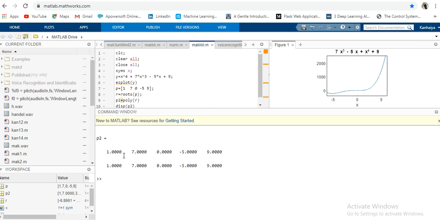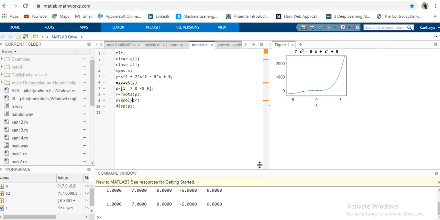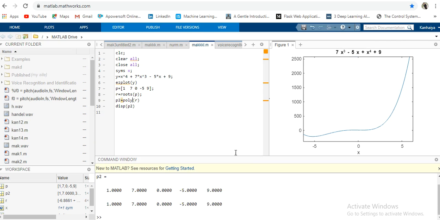We used to give the coefficients as an array. Okay, now in the same way we are given 1, 7, 0, -5, 9 in the form of an array only. Okay, now you can derive it from here why I was giving an array only, not the full polynomial. Okay, now let's move to the next problem, and I think the next problem is going to be very interesting and very useful.